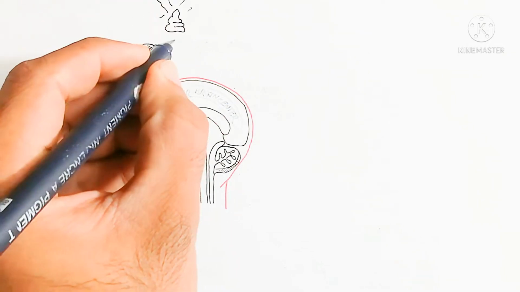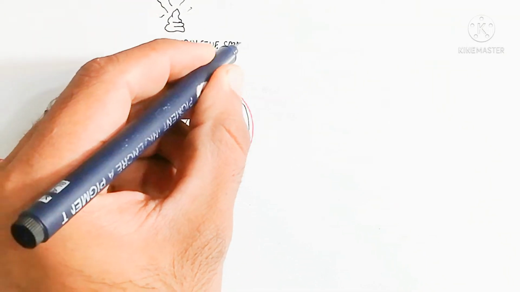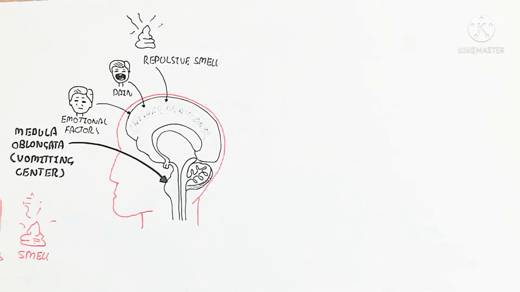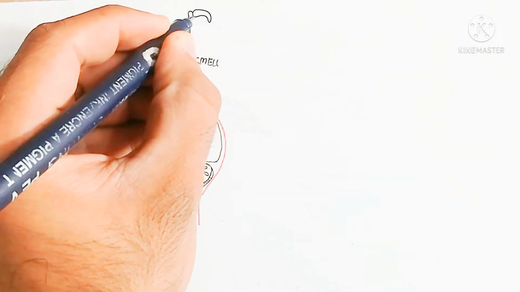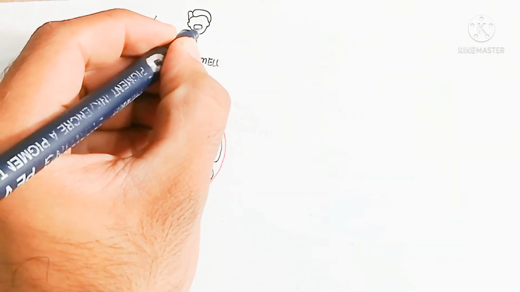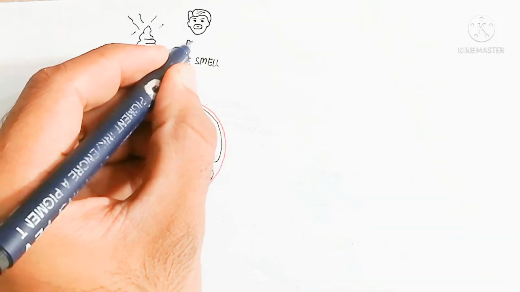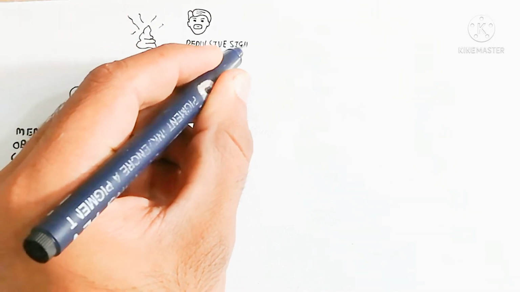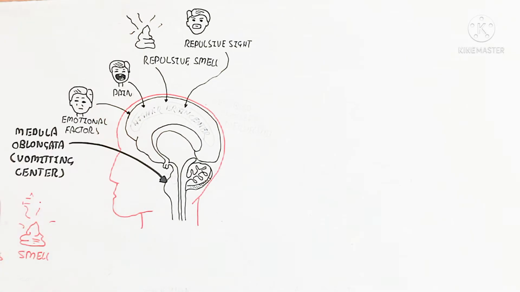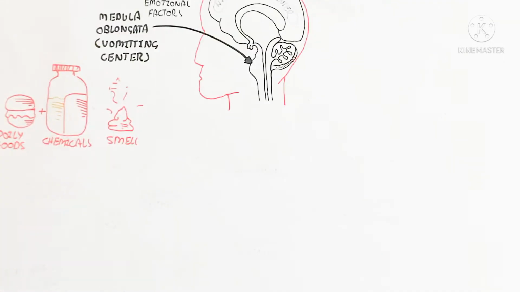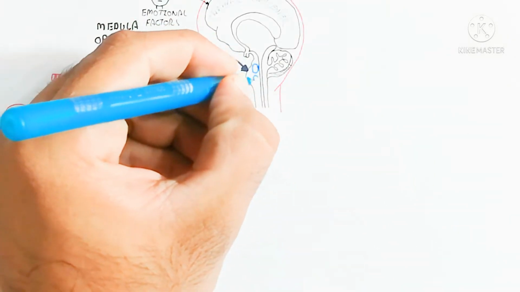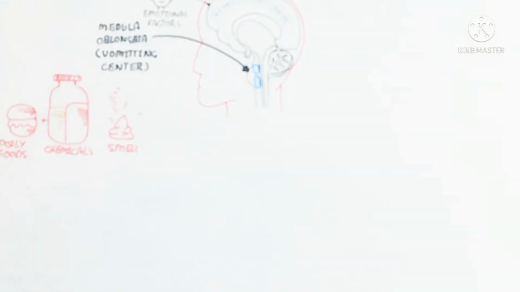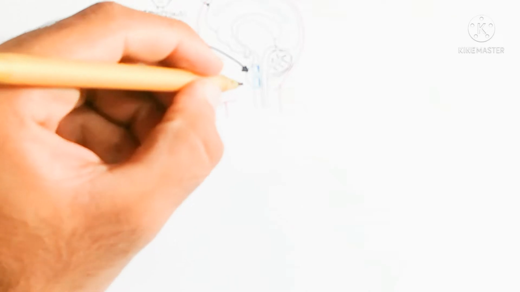On the other hand, pain, repulsive smell and repulsive sight, for example a bad gut or some blood, are required for vomiting. This is known as the stimulus, and it can be internal or external. For example, the external is smell, while the internal is different, which we will discuss later in